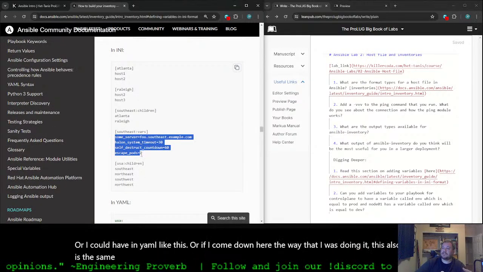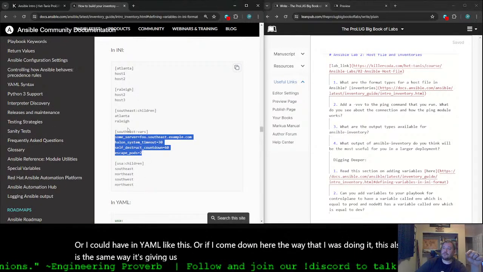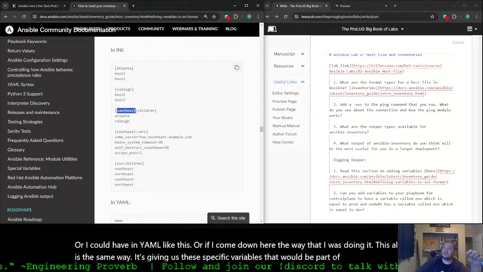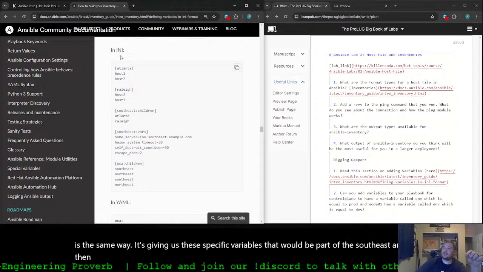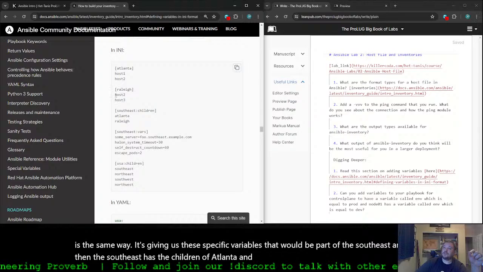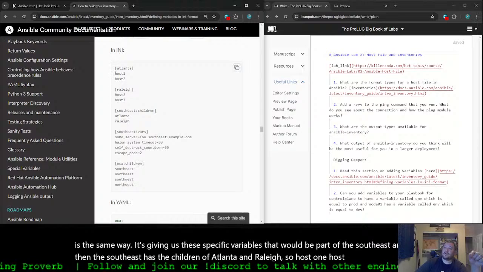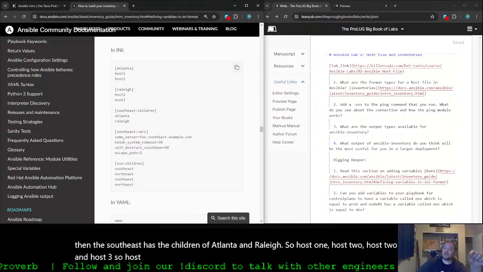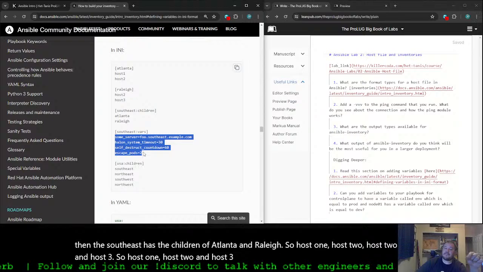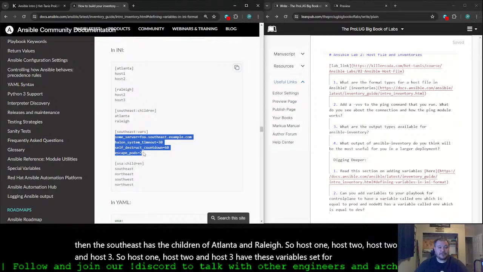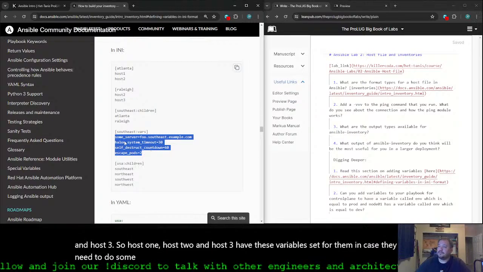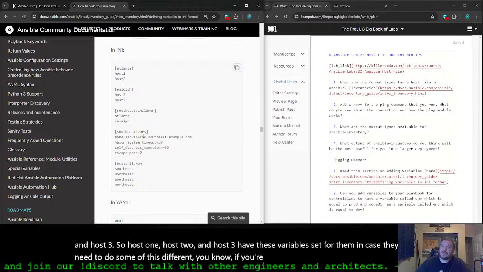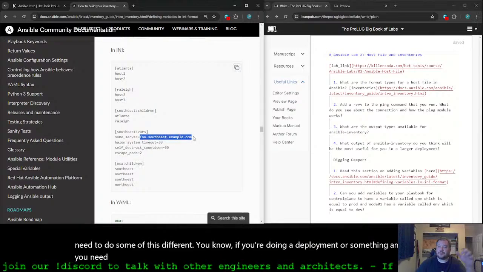It's giving us these specific variables that would be part of the Southeast, and then the Southeast has the children of Atlanta and Raleigh. So host 1, host 2, and host 3 have these variables set for them in case they need to do something different, if you're doing a deployment or something and you need to set a very specific database connect string.